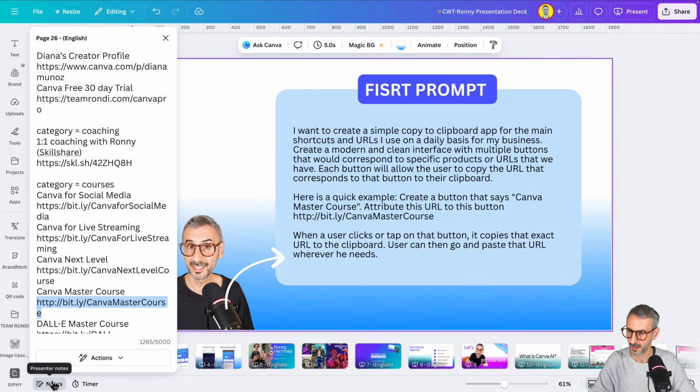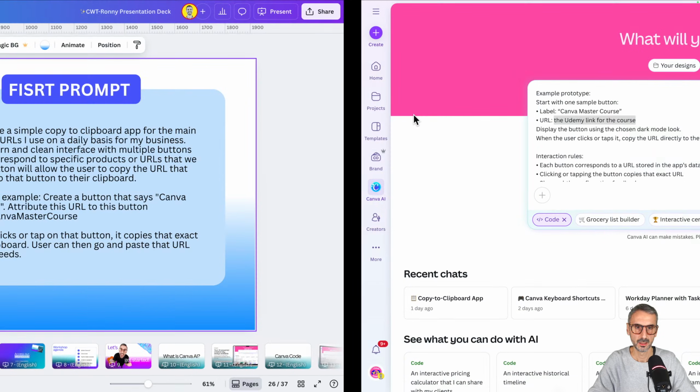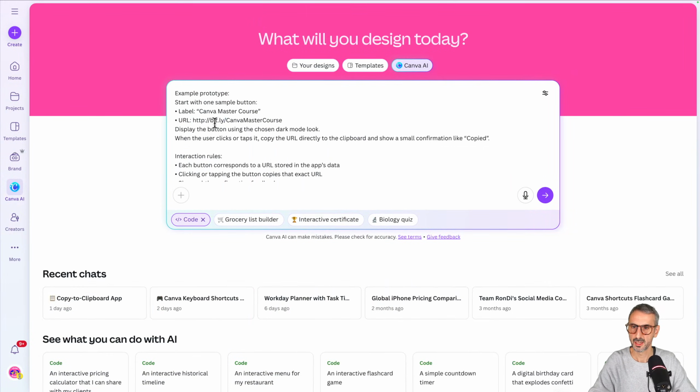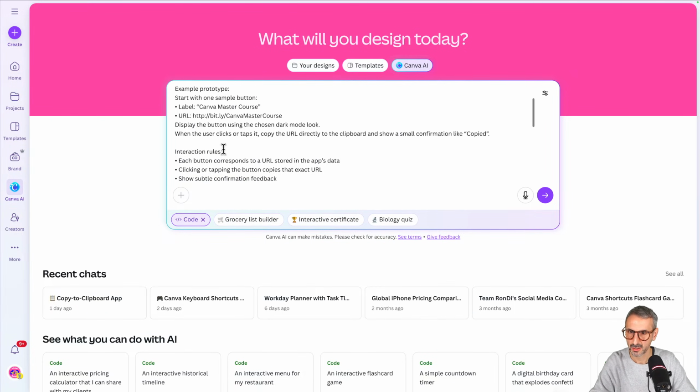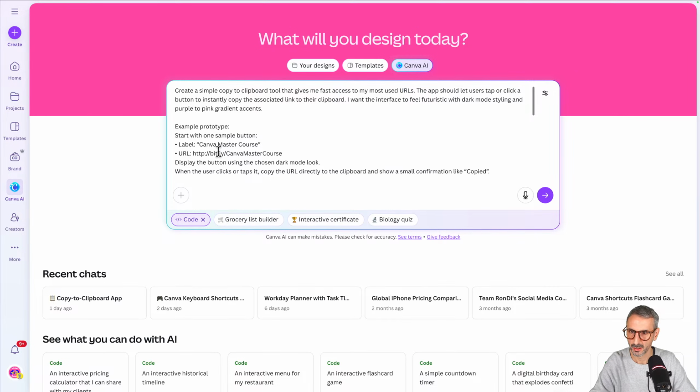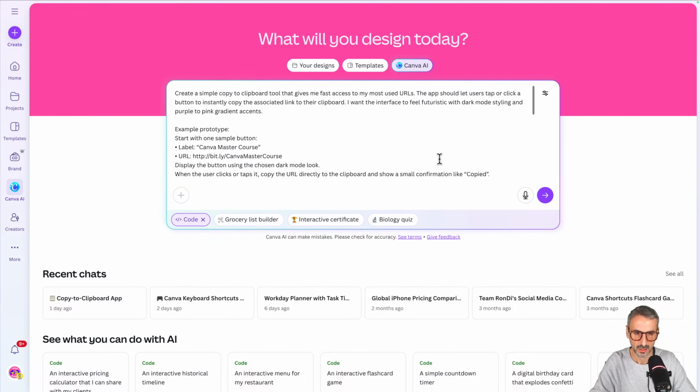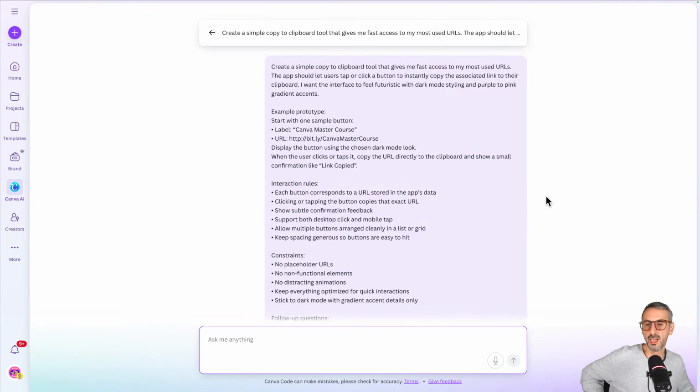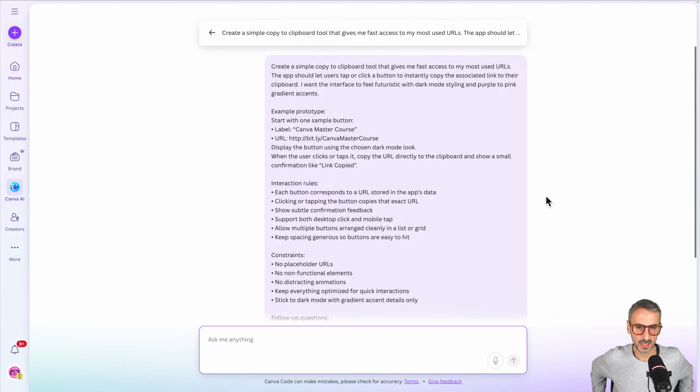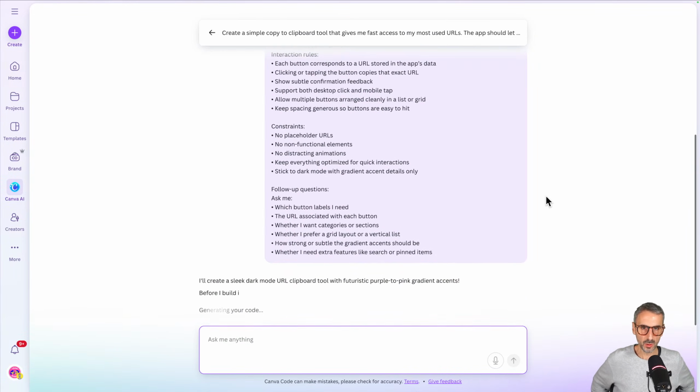Okay, can come back here. I'm gonna swap that here. You see, I put my link. I'm gonna run this prompt, or there's one thing I wanted to change when it says copied in the interaction. Oh yeah, linked copy, link copied. Okay, perfect. I'm gonna run this prompt and Canva should start giving me a first version, which is already going